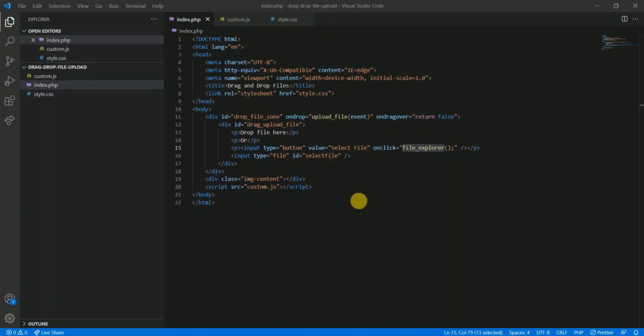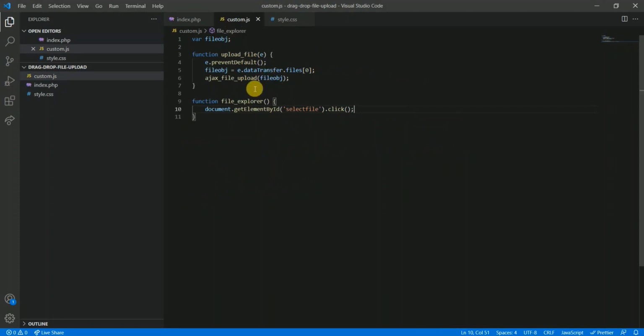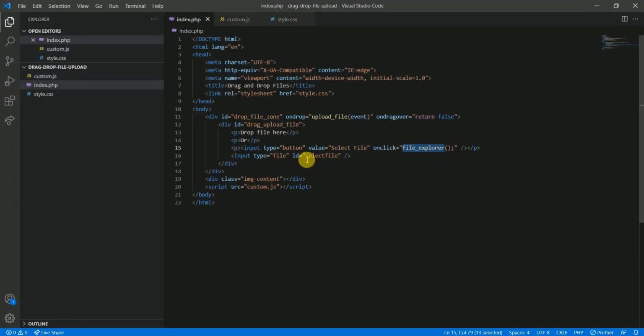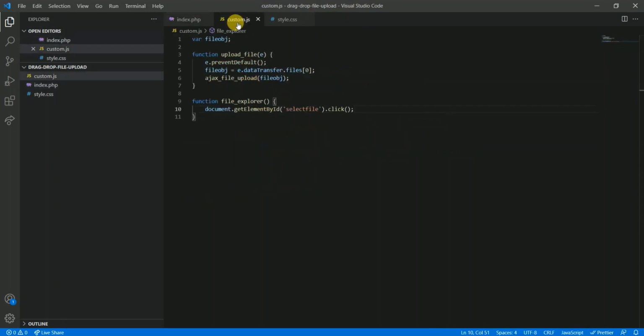So as soon as the user clicks this button, this method gets called, and under this method we are adding the click event to this input type file. So automatically that pop-up window will open, and from that window the user can choose their desired file.